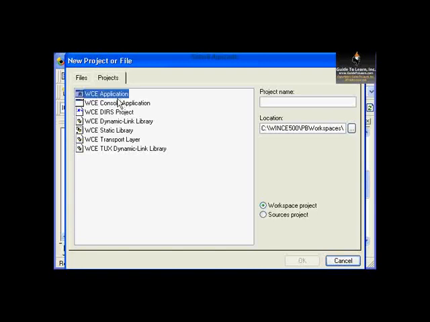So let's go ahead and choose Windows CE application. As you realize, the location would be basically placed under Apex platform. That is the platform that I've added at the moment. Let's go ahead and give it a name, hello from, for example, Apex,